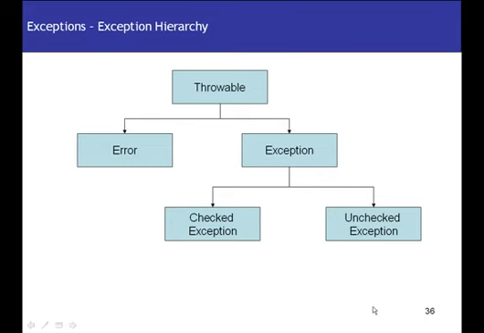So let's say, for example, you have 10 lines of code in some method, okay, and there is an exception that occurs at line 5. So your code from line 6 onwards will simply not execute because there was some unwanted situation which had come in at line 5. So your control will simply come out of line 5 and lines 6 through 10 will not be executed at all. So you need to handle these kinds of exceptional cases in your programs